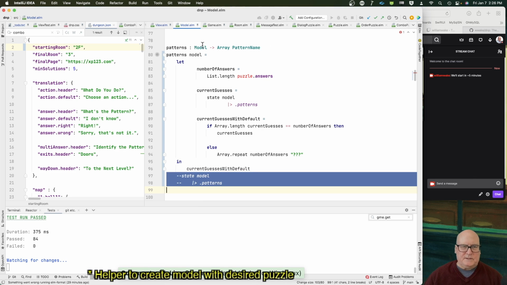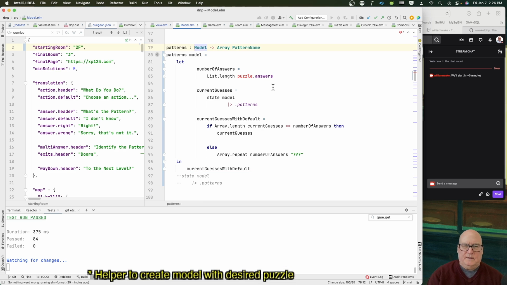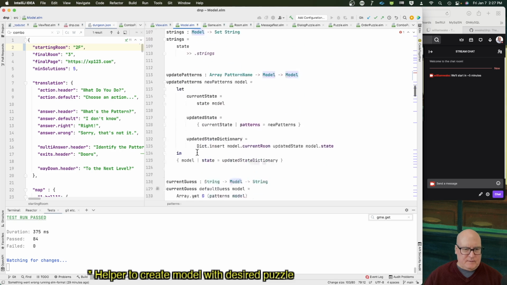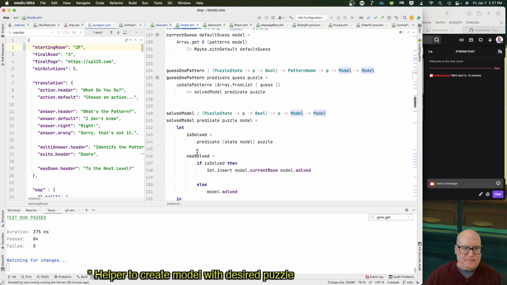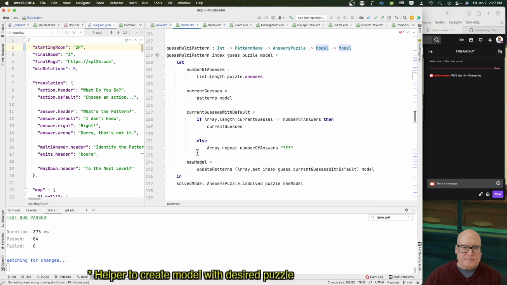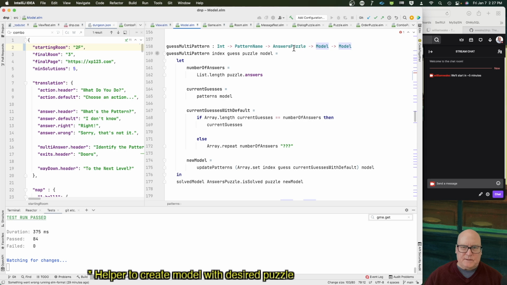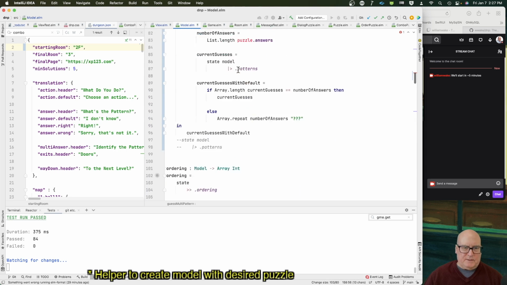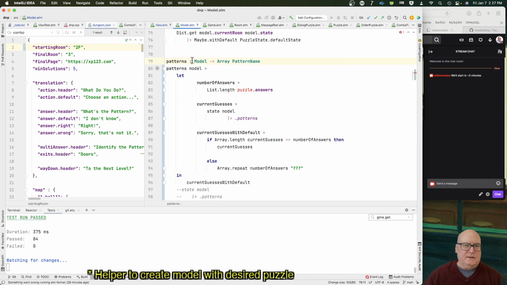Okay, so the problem is we need a puzzle. What do we get going in? We have an answers puzzle. Oh, that may be a problem. What was that other one? Oh, he has an answers puzzle too. So maybe it really is just for answer puzzles. Okay, so if we handed in answers puzzle to model, okay,